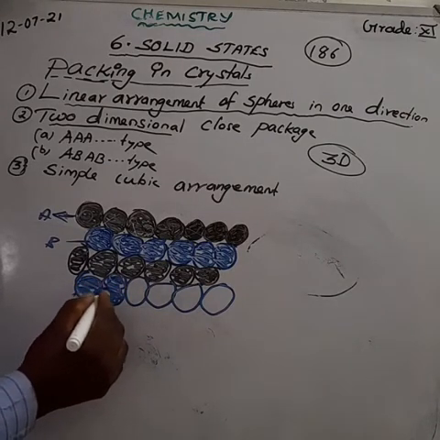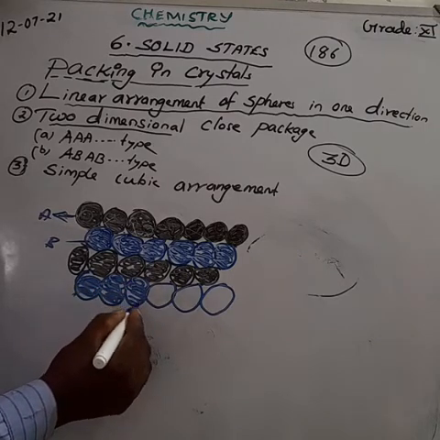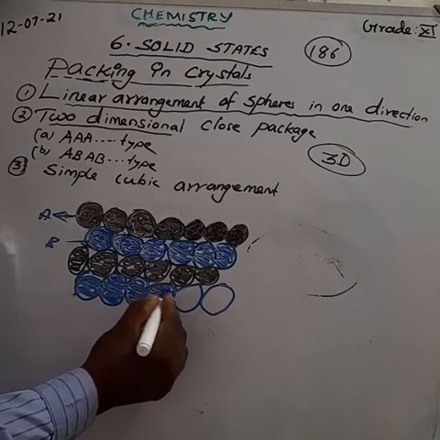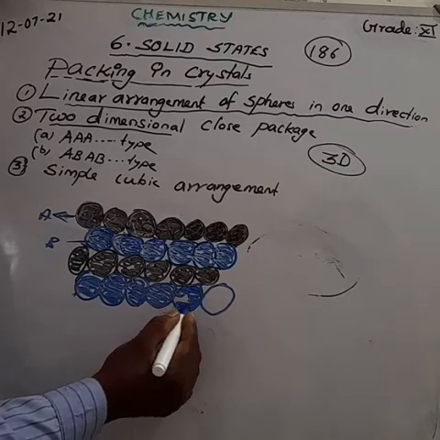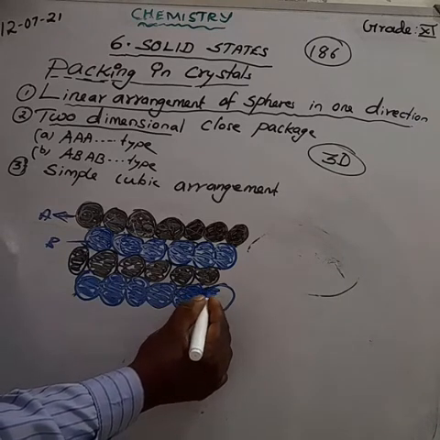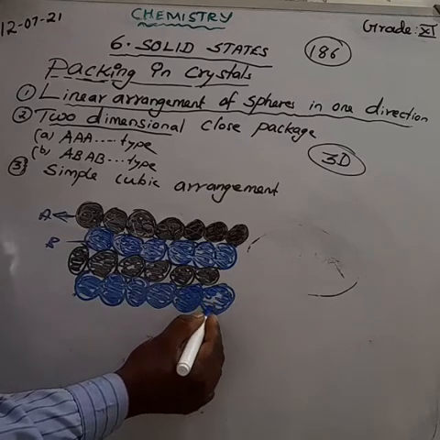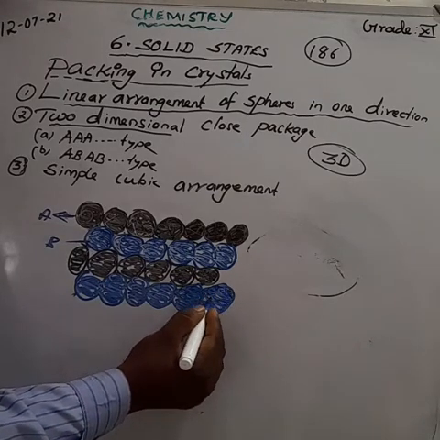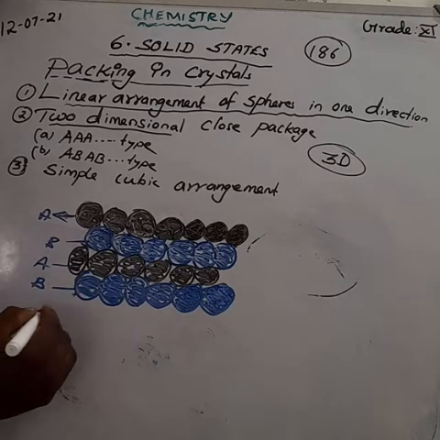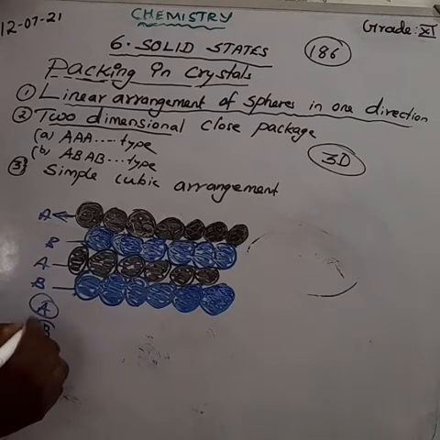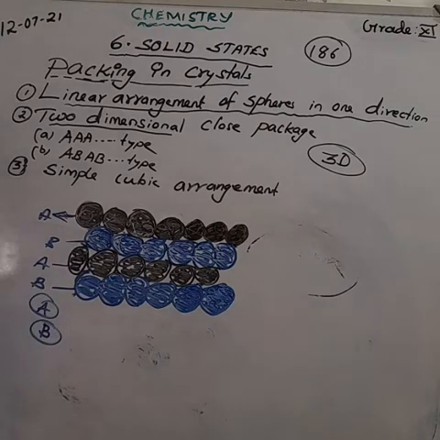The spheres of one layer sit directly on top of those of the previous layer, so that all layers are identical. That is, the first one is over, the second one is over. Then in between, on the back side also, you have to arrange in such a way. Another arrangement is also there. Here, all the spheres of different layers of the crystal are perfectly aligned horizontally and also vertically, so that any unit cell of such an arrangement is of cubic structure. You can listen on this figure.